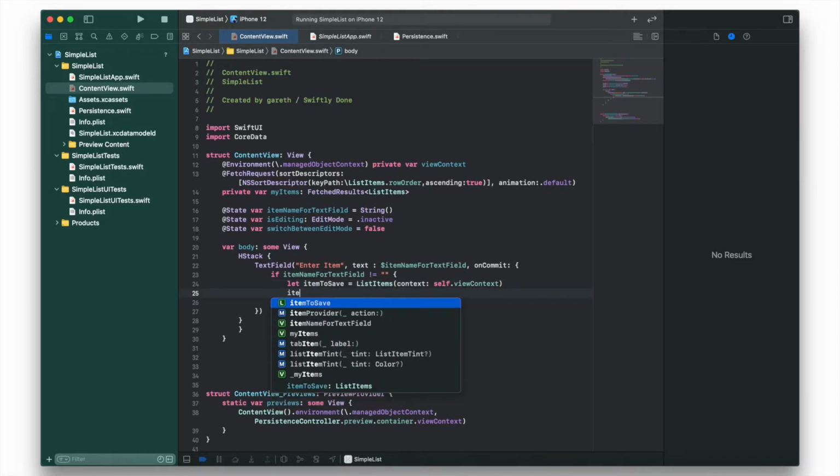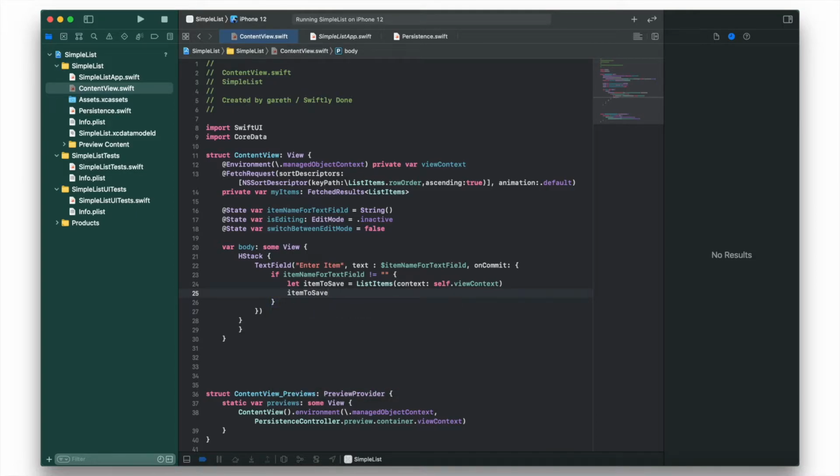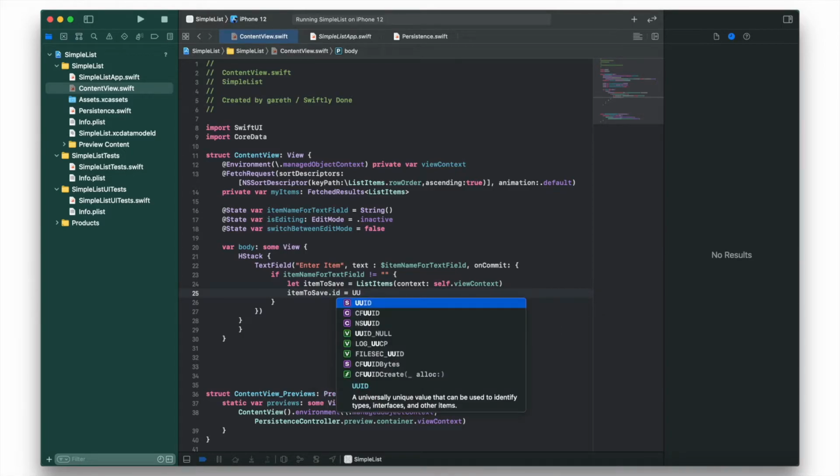Next we're going to put itemToSave.id equals universal unique identifier UUID